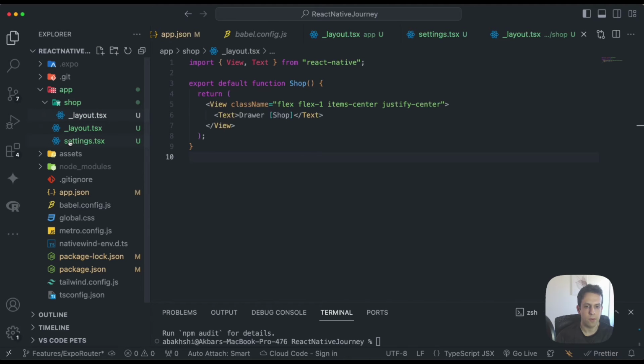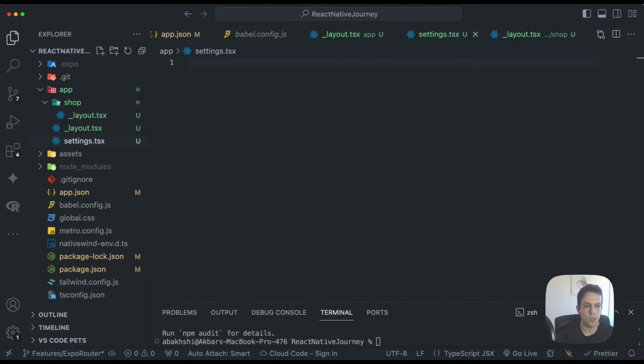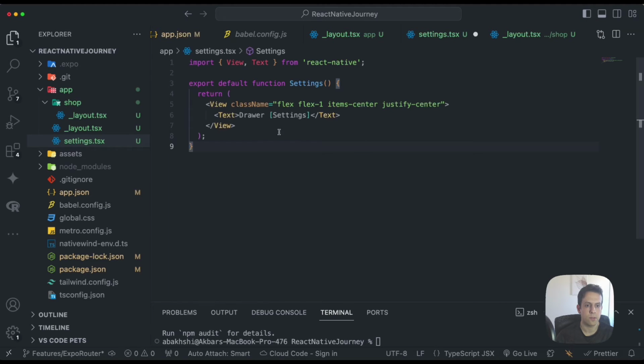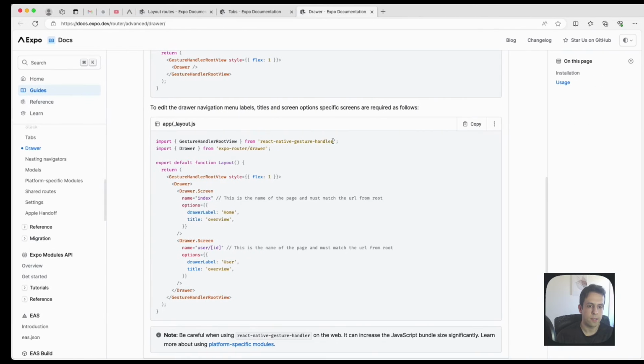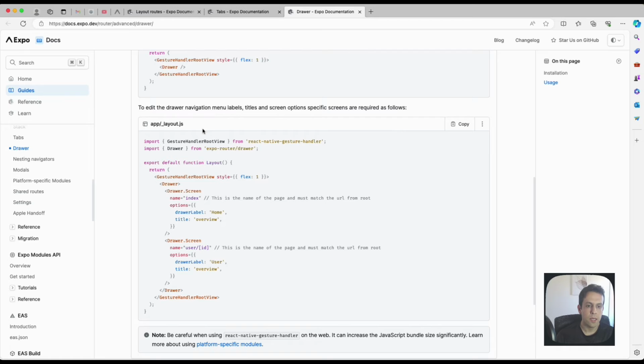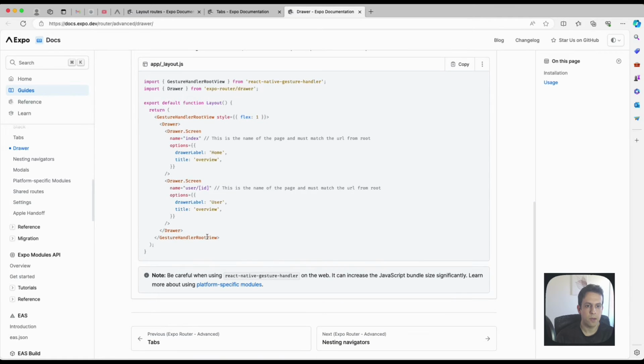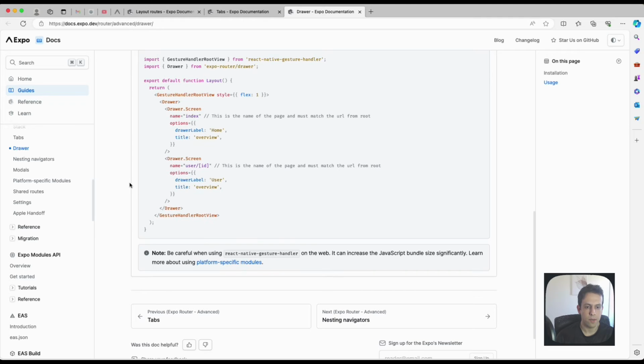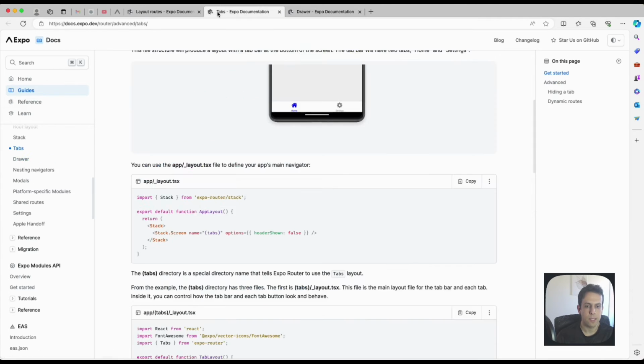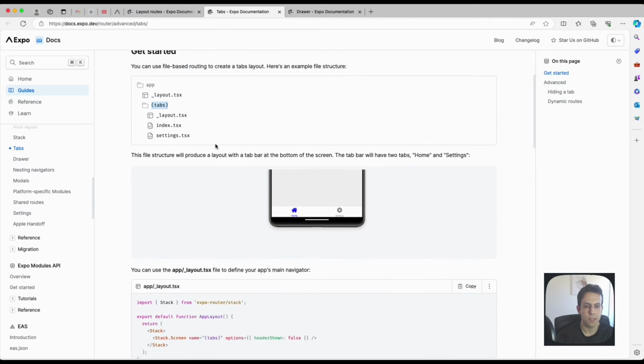For example, for the shop page, I have a drawer shop, so we know it's inside the drawer. And then for settings, also similarly, I'll have some text in the middle of the screen to show that it's the settings screen. So with that, now we have our drawer set up, and now we can work on our tabs. So what we want to have is our tabs needs to be basically